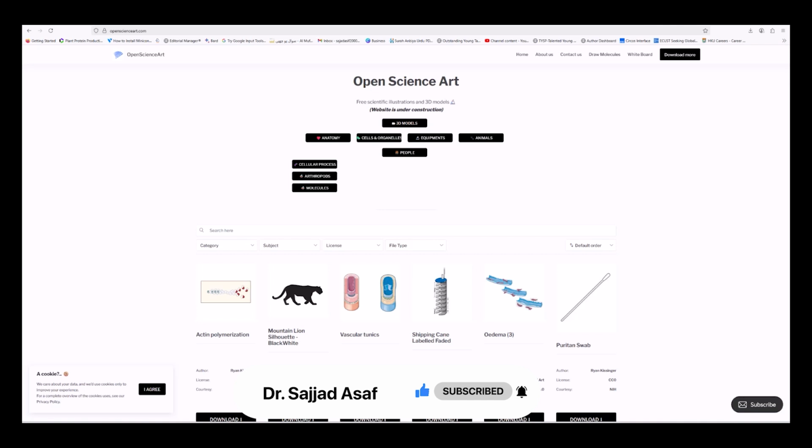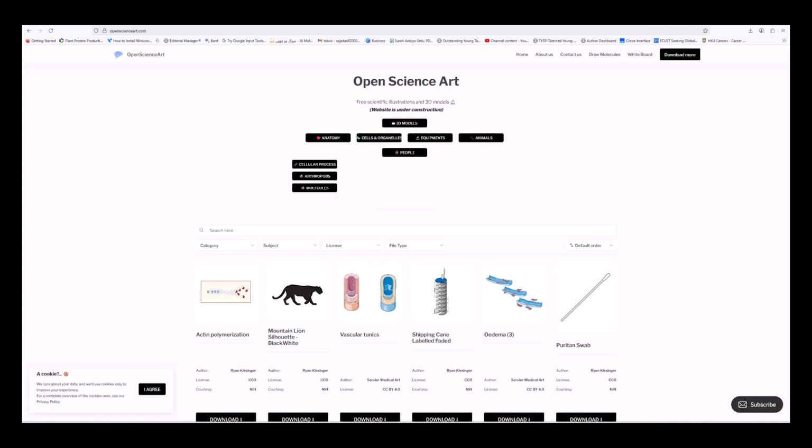It is also an open source tool, perfect for those who want high quality visuals but don't want to spend a lot of time. It is designed for simplicity, and it is a great choice for students and researchers just starting out in scientific illustration.